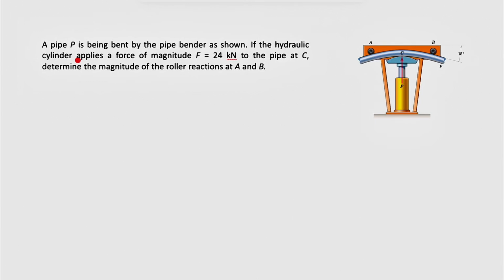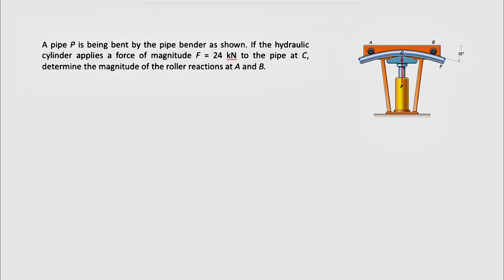Alright guys, welcome back. We're going to be solving another question from the third chapter of the Engineering Mechanics Statics by Meriam, and in this one we have a pipe P that is being bent by the pipe bender as shown. We know the hydraulic cylinder applies a force of 24 kilonewtons, so we can see this force F in here to the pipe at point C, and we need to determine the magnitude of the roller reactions at A